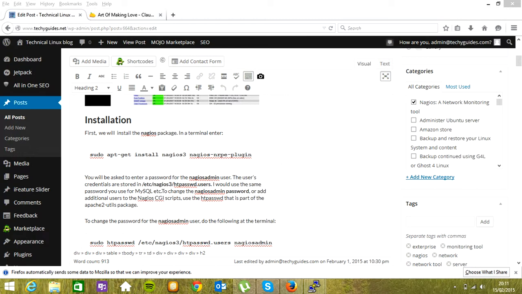I'm just going to show a small introduction on setting up a network monitoring tool called Nagios. It's used by many enterprise companies, etc. I've already installed it, but I'm just going to go through the setup again and explain briefly what you'll be